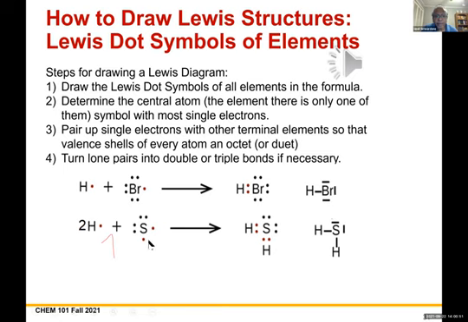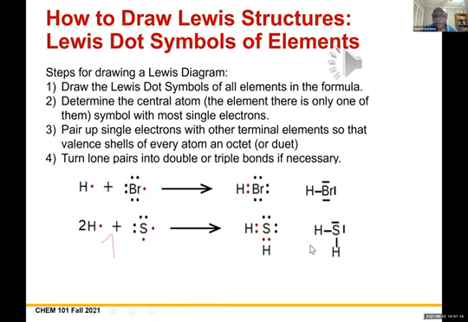Sulfur normally makes 2 covalent bonds. Bromine makes 1 covalent bond. Therefore, you pair up with 2 hydrogens to produce H2S, hydrogen sulfide, where 2 hydrogen-sulfur covalent bonds are found,